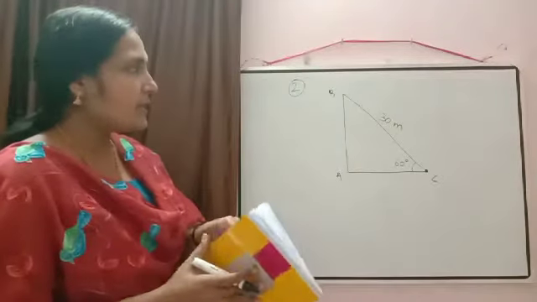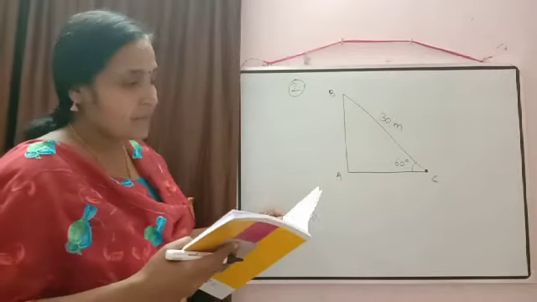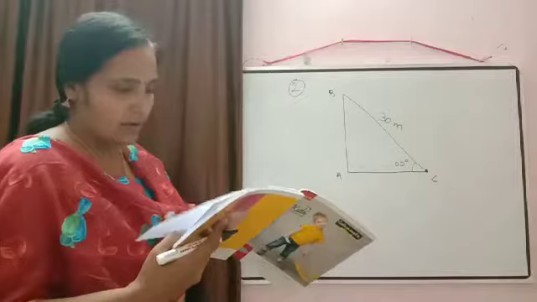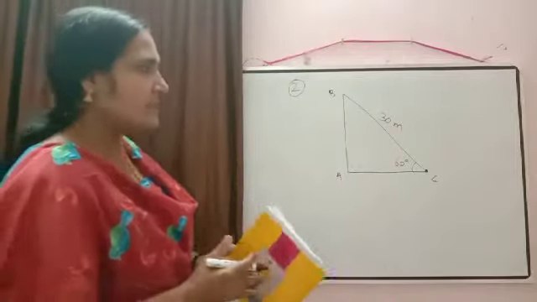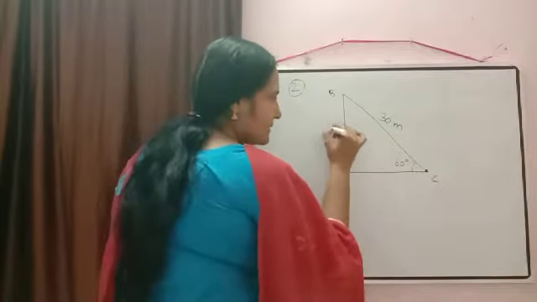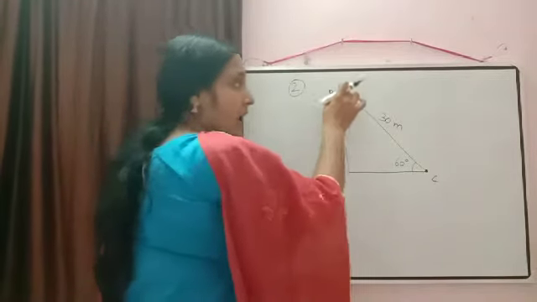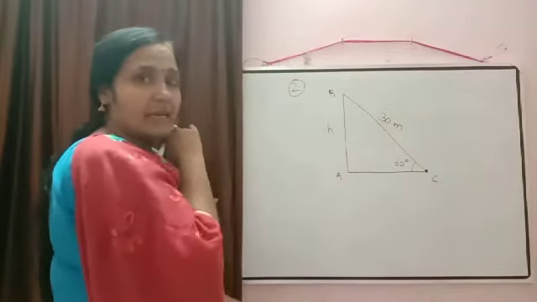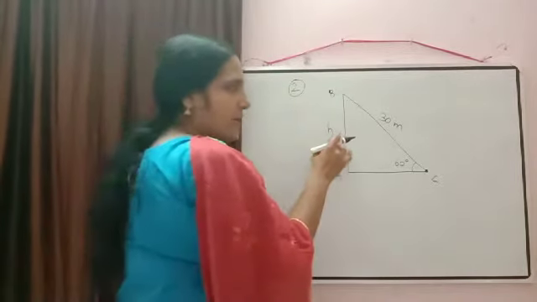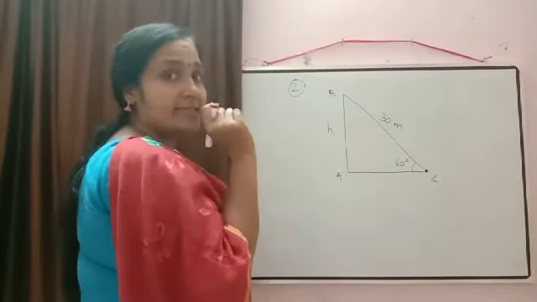What we have to calculate? The height of the tower, the height of the pole we have to calculate. I think it is a vertical pole. Okay. So again, just to check, this information is given. The side opposite we have to calculate, and which one is given? The hypotenuse is given. So which trigonometric ratio is side opposite by hypotenuse? Yes, correct. That is sine.